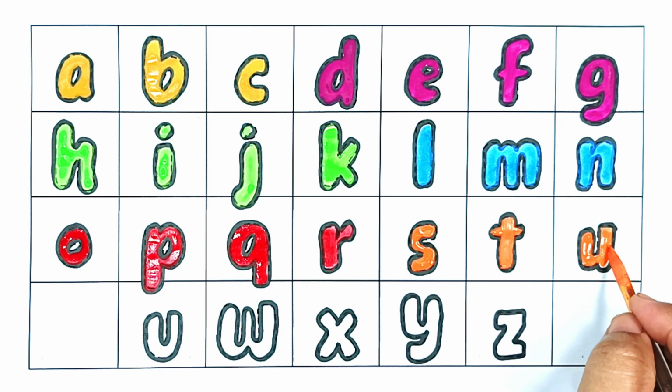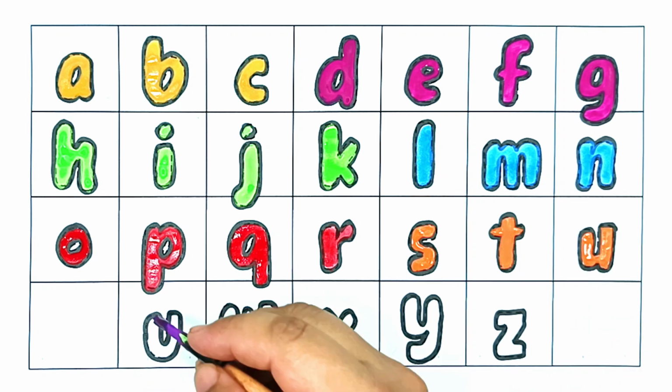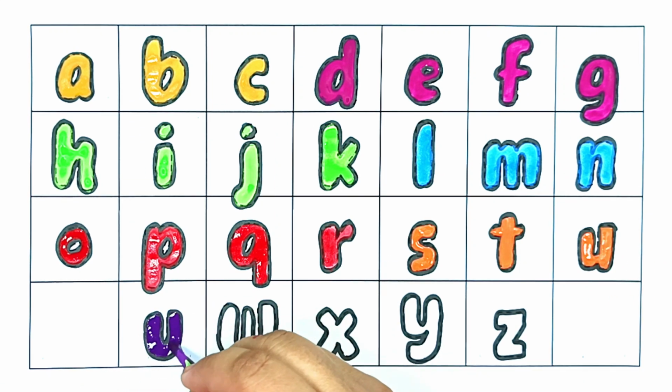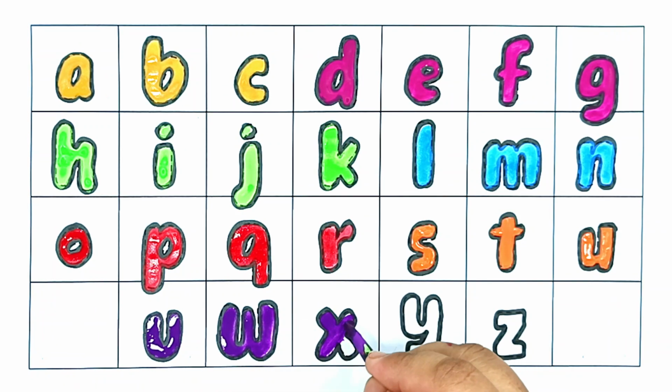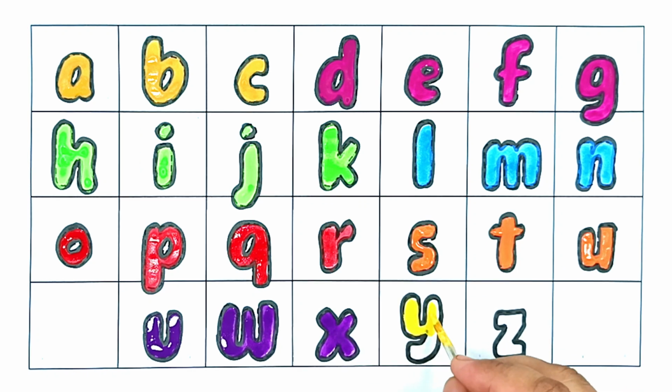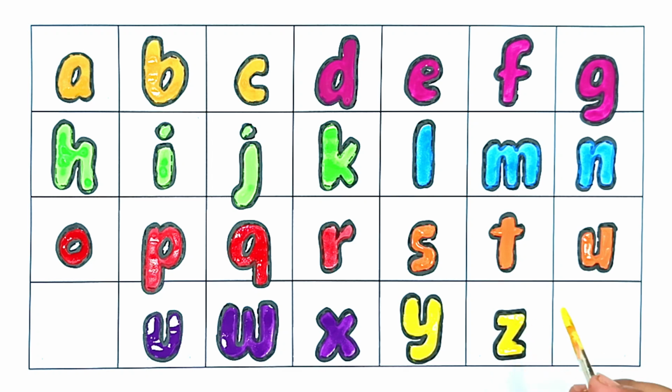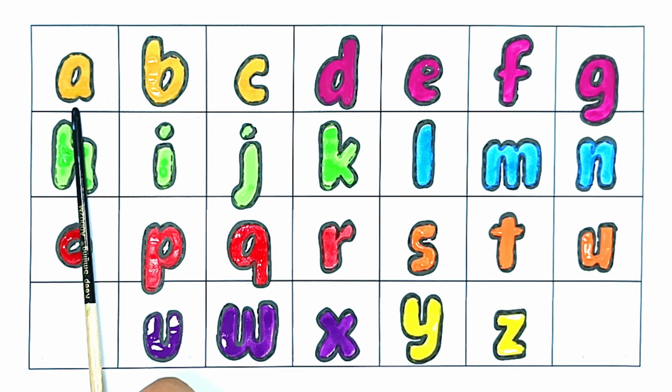U for umbrella, U for umbrella, V for van, V for van, W for watch, W for watch, X for xylophone, X for xylophone, Y for yacht, Y for yacht, Z for zebra, Z for zebra, A, B,